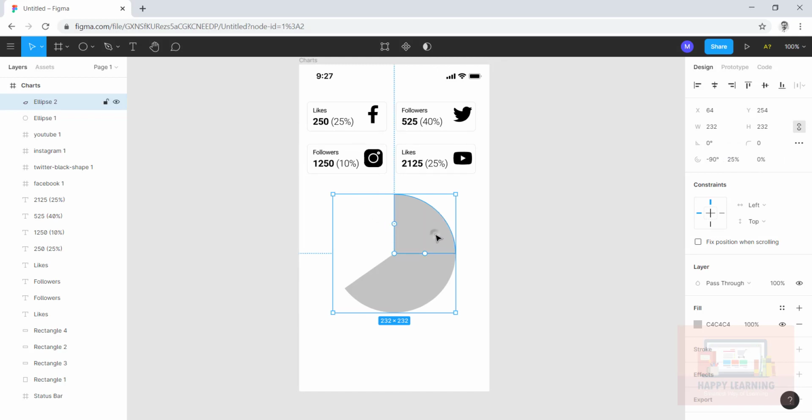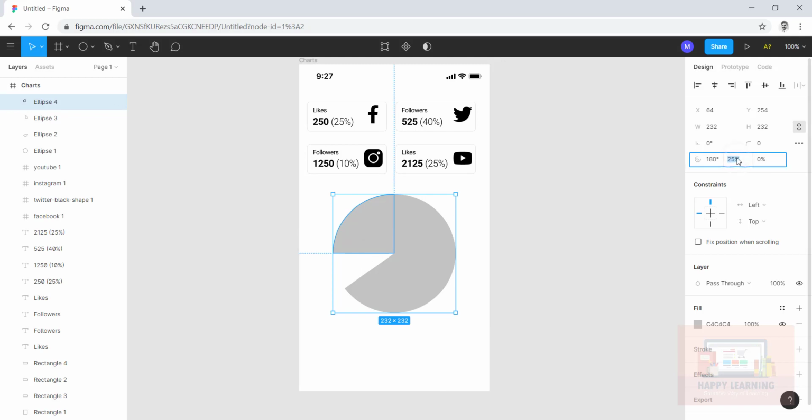You can see this. Let's say copy, Control C and Control V. And now you can again rotate it for further. This is 25%. Remaining, of course, it is supposed to be 10%. Let's say copy paste, and let's decrease this percentage to 10. You can see that you can adjust it manually.